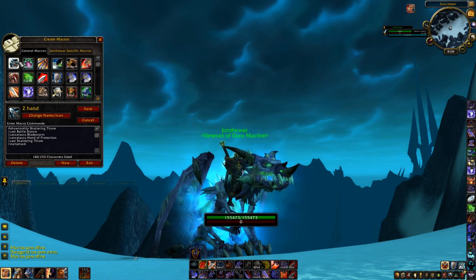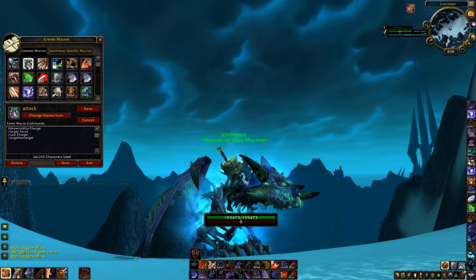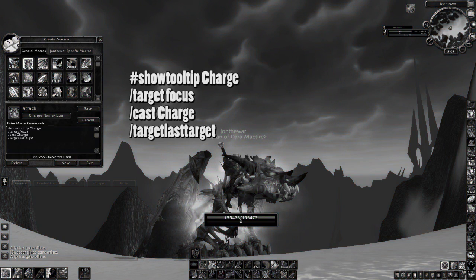My next macro is a very important macro. It's my Focus Charge macro. What this does is it targets my focus, it casts charge on my focus, and then I target my last target that I was on. So for example, if my focus target is a Holy Paladin, and my main target's a Warlock,